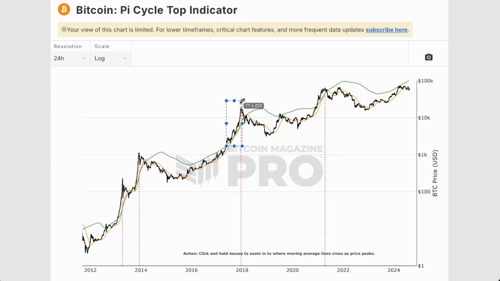As you can see here as well in 2017 and also 2013, talking about the first half of 2013 and then the second half of it. That gives us an opportunity to understand price: downside deviations below the orange moving average are bargain buying opportunities, while upside deviations mean parabolic upside and increasing financial risk as we search for new all-time highs.